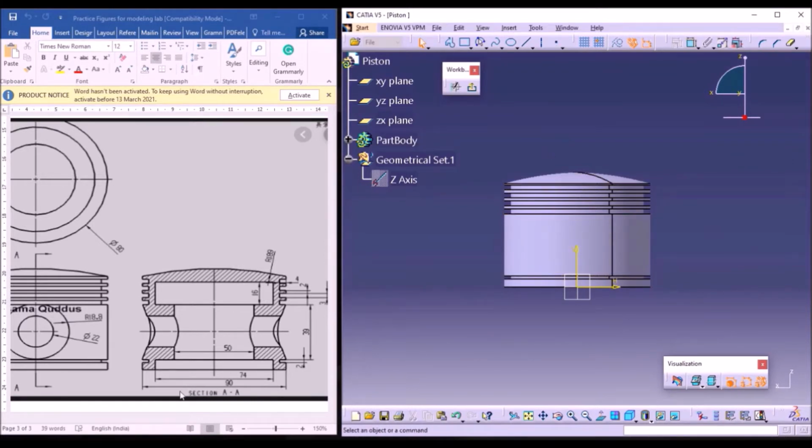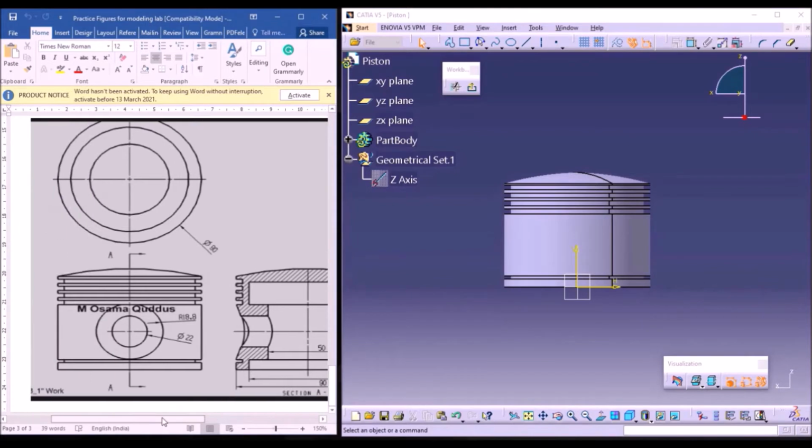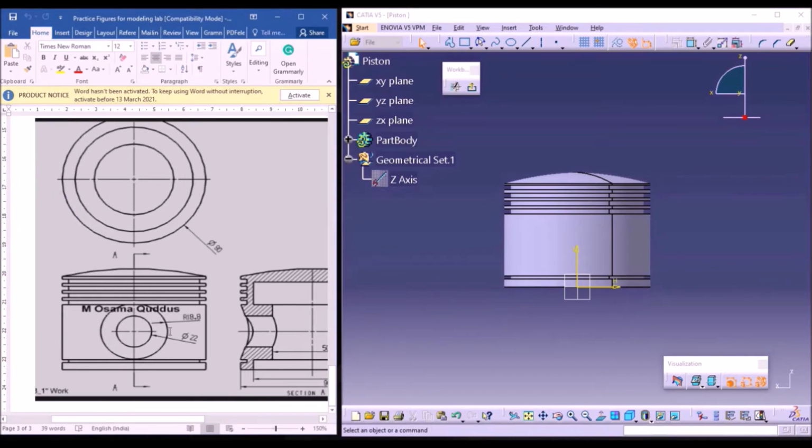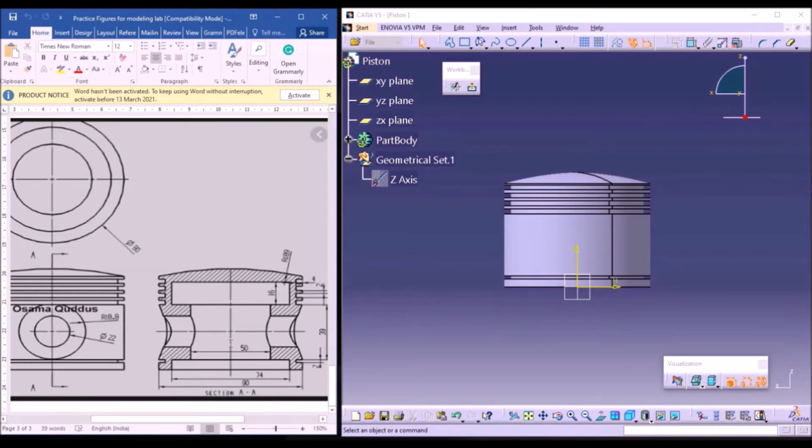So now I'm going to draw two circles. From the front view you can see the two circles. One has a diameter of 22, another a radius of 18.8. And it should be from the bottom, from this distance. Now use the circle command, the circle tool. Now draw a circle on this vertical axis. Okay, so draw a circle, and the outermost circle should have a radius of 18.8.